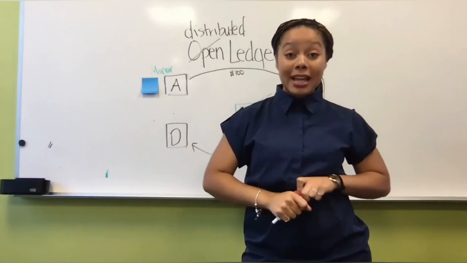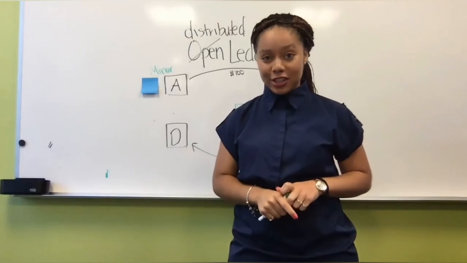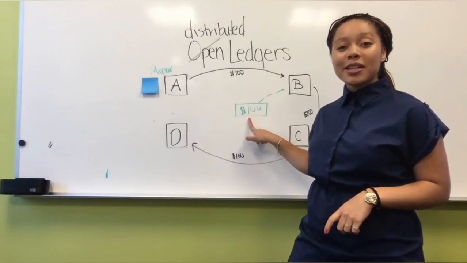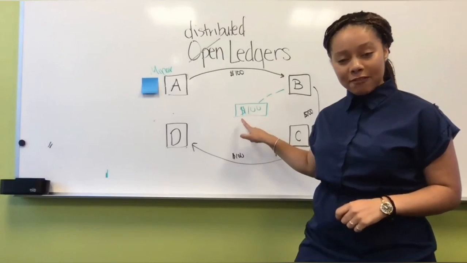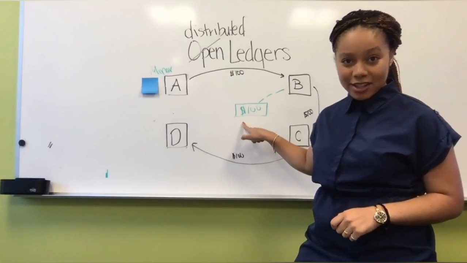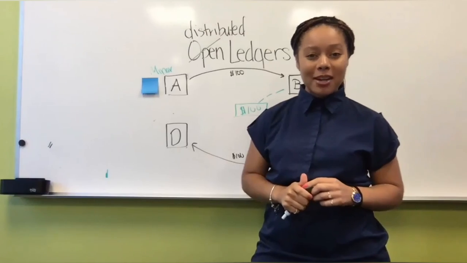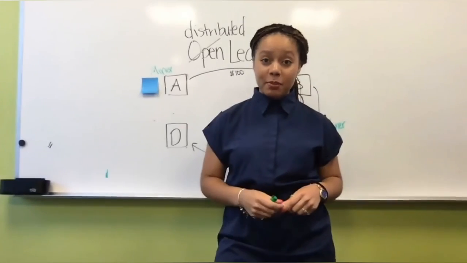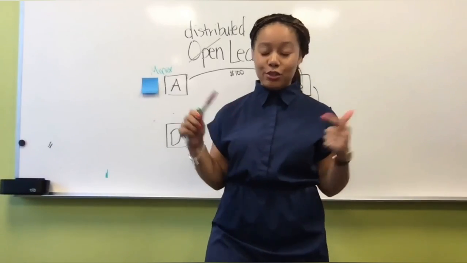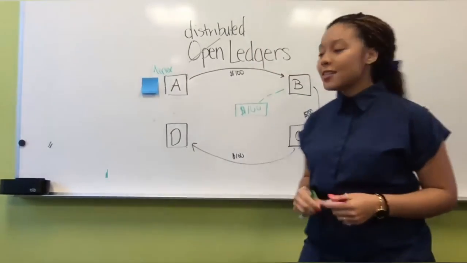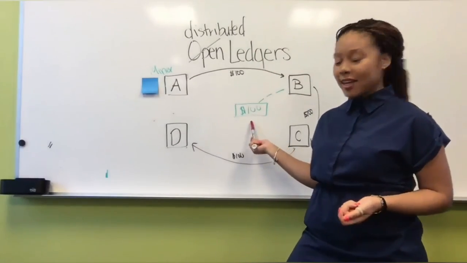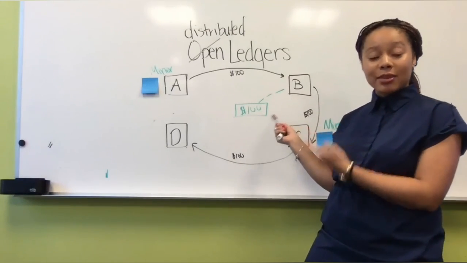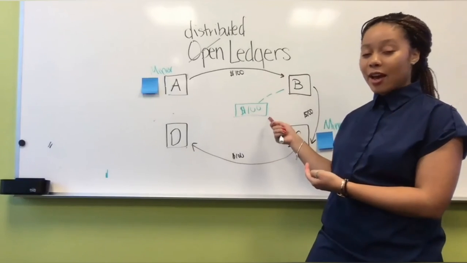Miners are special nodes that have permission to hold the ledger. And how do they validate this transaction? So what they do is they compete. They compete to be the first one to validate this transaction. And they're rewarded with monetary rewards, money, usually Bitcoin. So how do you get first place in this race to validate this transaction? So first, that's just it. You need to validate this transaction, which is great because this is an open ledger. So you can check whether or not B even has this money in their account.